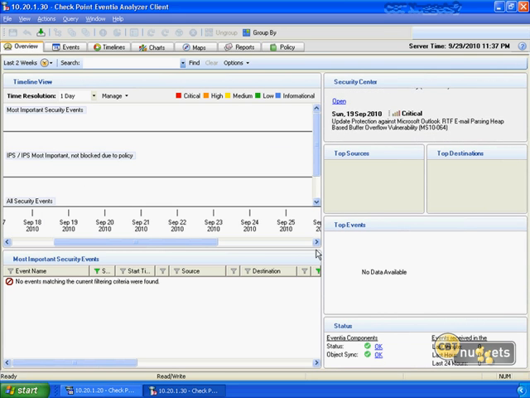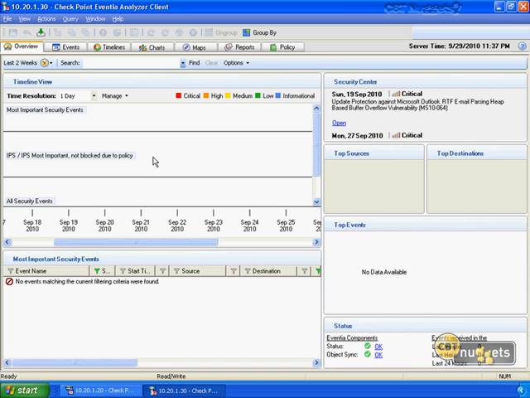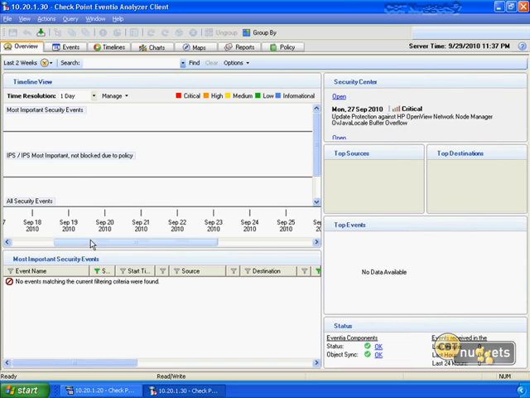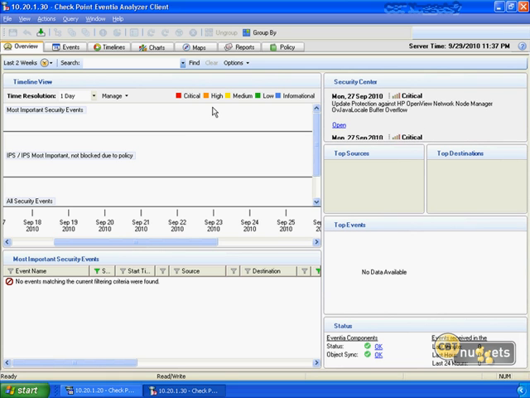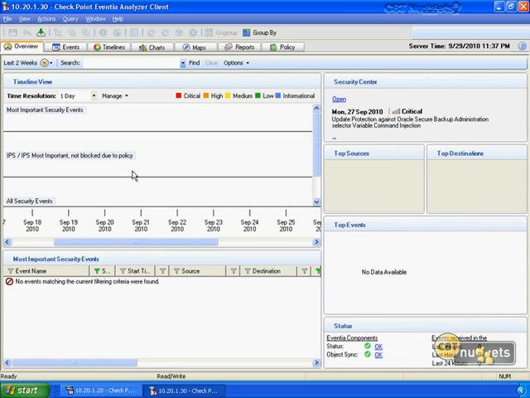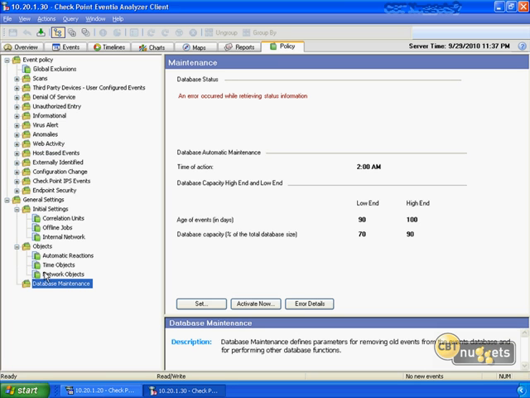it looks. Granted, before you get information here, you're going to need to let this run for a while. But what you want to do is go ahead and let it run on a production environment, and you'll start to see things pop into these particular event windows. But this needs to run for about an hour is usually what I give it to allow it to collect in the sync information between the SmartView tracker or your log server and your IPS protections, and all that different information will be synced over via the policy option here